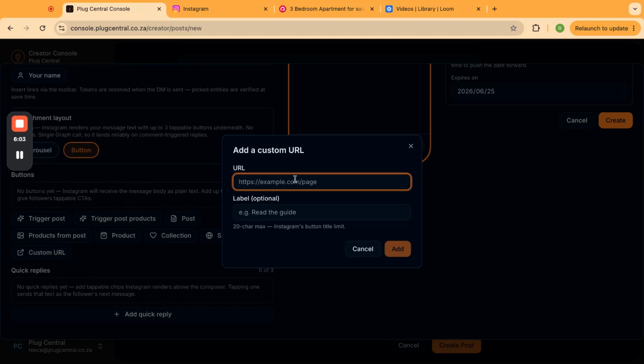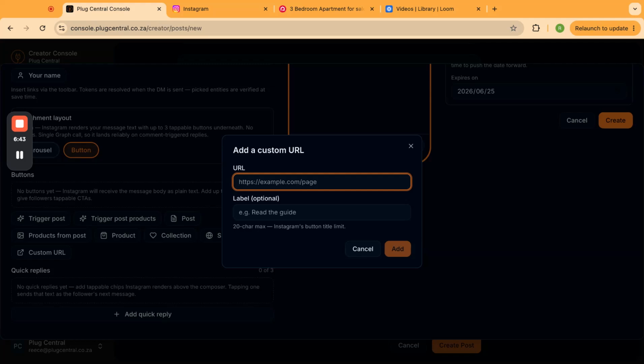Now, custom URL is what you'll use if you are promoting a fitness guide, a food guide, a style guide. If you're sending them to a retailer's website, if you are sending them to any sort of booking link for any event, whether your own or another event that you're trying to promote. It could be if you are a real estate agent and you're sharing a video of a property that you're selling. You can basically tell them to comment buy, and you'll send them a link to the listing on your